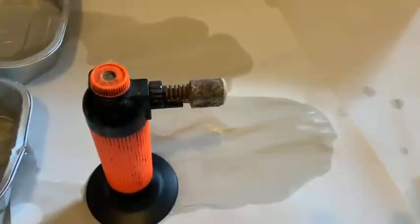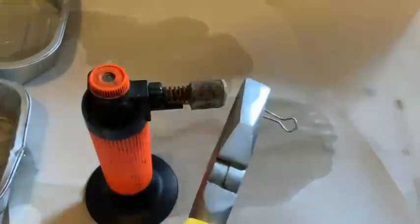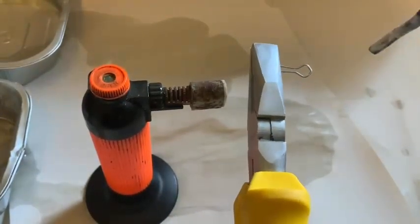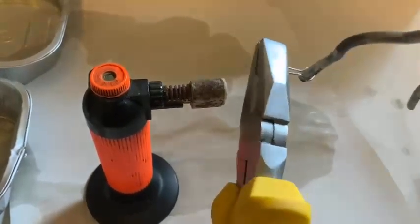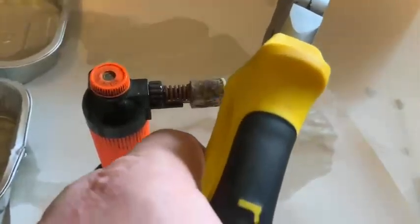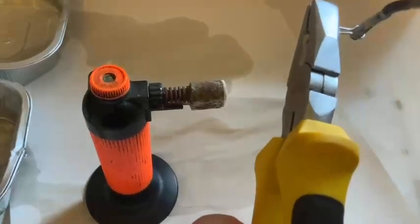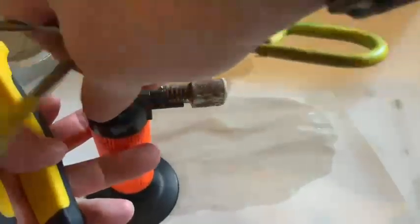To try and show expansion and contraction in solids, I have here a top from a bulldog clip and some tongs. The tongs will just fit in. Okay, I'm going to do it better in a moment. The tongs will just fit, as you can see. Now if I heat it up,